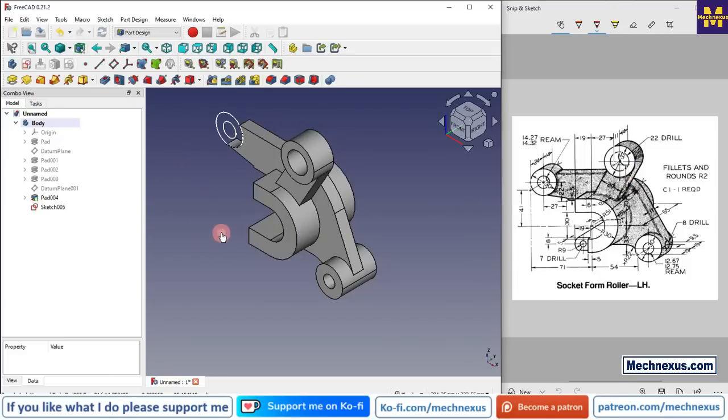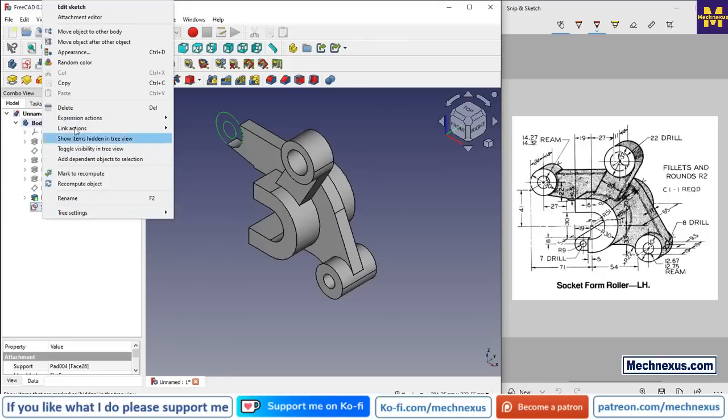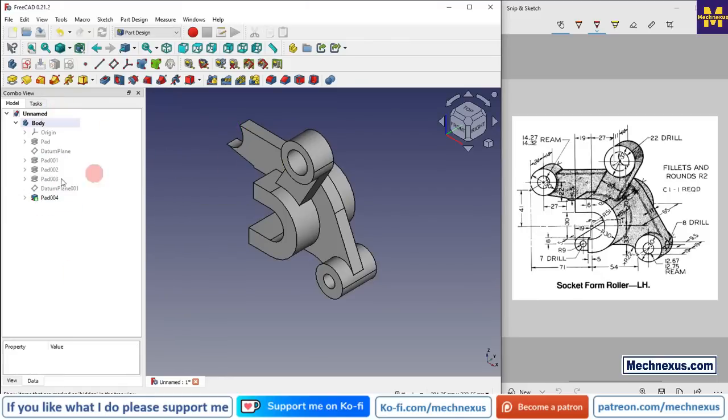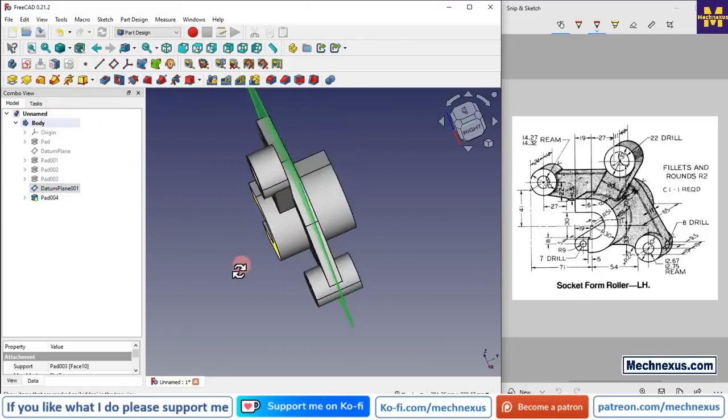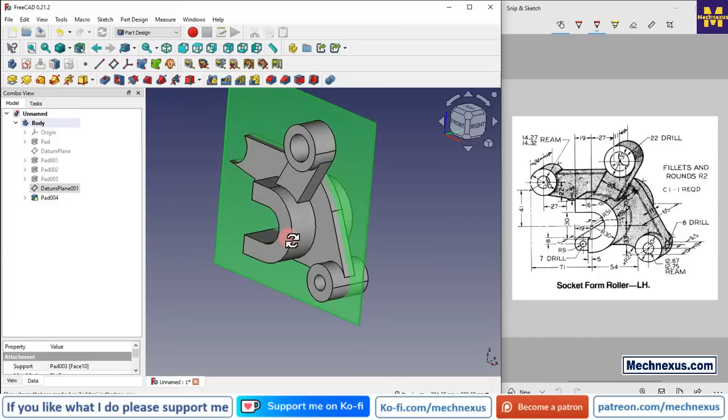Let's cancel it, and here we will define the plane at a distance of 5.5 because this is the 14 mm which will be symmetric. So we will delete it,